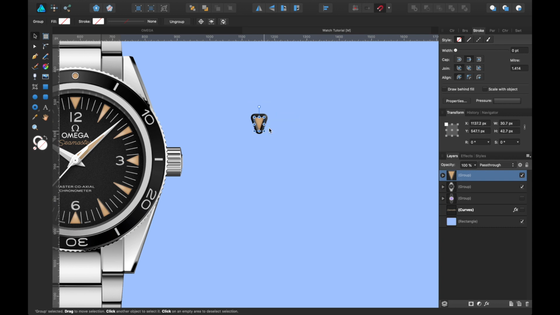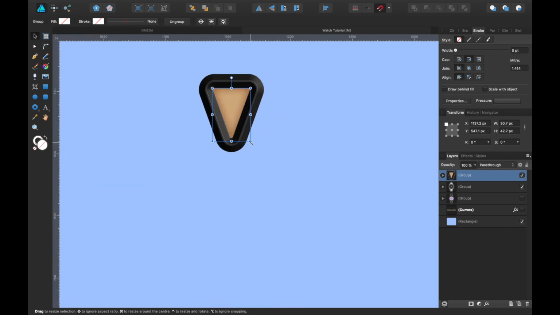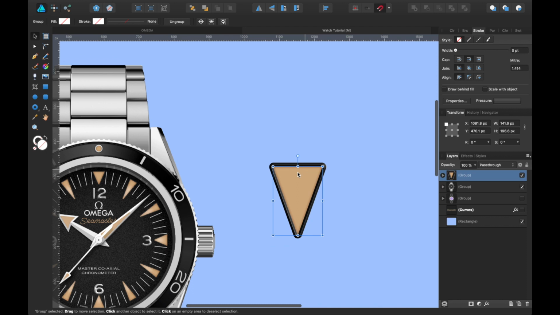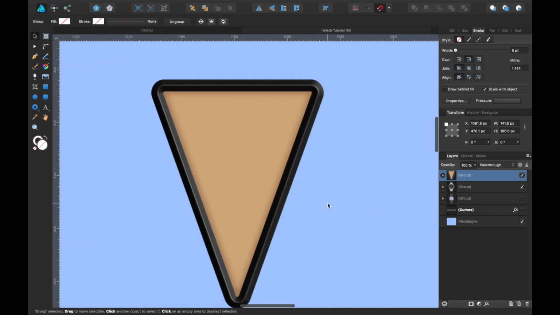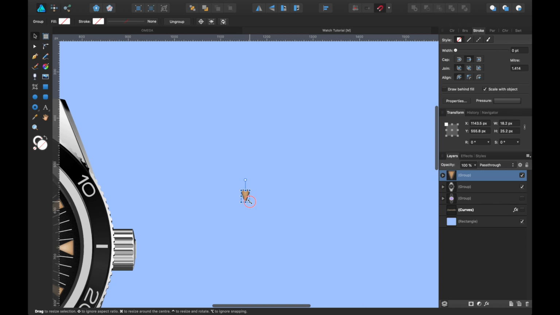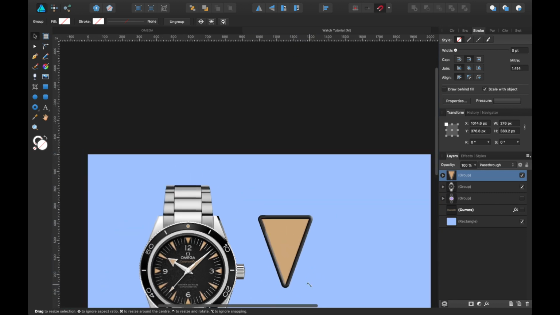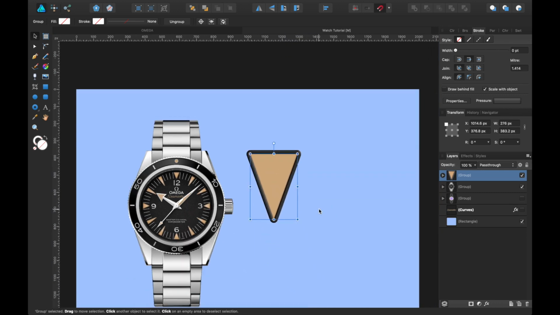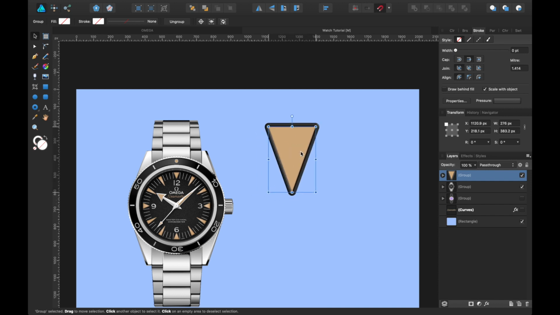You can make it small, and you see it's gone really fat now. It's kind of different, and it changes. So if you press scale with object up here, if I make it really small now, it hasn't gone really fat. Something to keep in mind when you're making things bigger or smaller, if you have to.